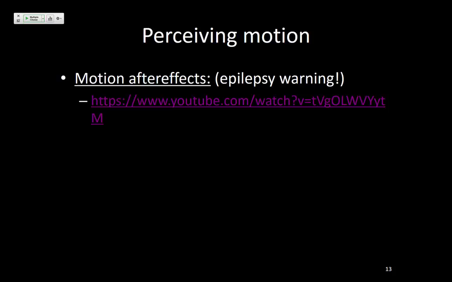But basically what's going on is there are particular neurons in your brain that are sensitive to particular types of movement. So those neurons fire while you're looking at this thing, and then they get tired. So they stop firing. What happens then is after the visual image disappears, whether you look away from the waterfall or the screen turns off or whatever, the opposite neurons are now firing, making it look like everything is moving down instead of moving up,